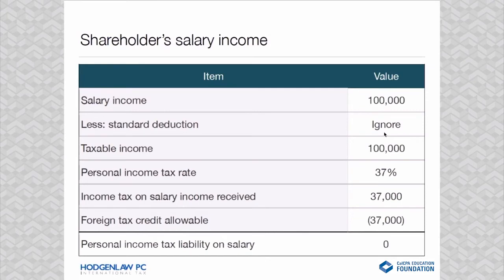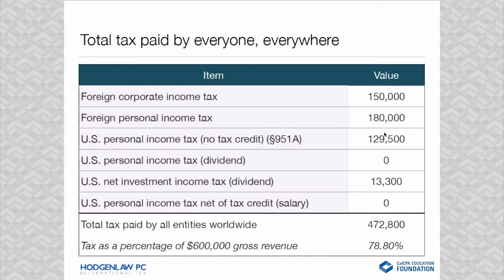Easy peasy for salary income under the structure: 100,000 of salary income, you're going to get the foreign tax paid credit under Section 901 because the individual actually paid the foreign tax of 40,000, and the max allowable is the U.S. tax on it. So 37 minus 37 equals zero net salary income tax. So here's the scary total: